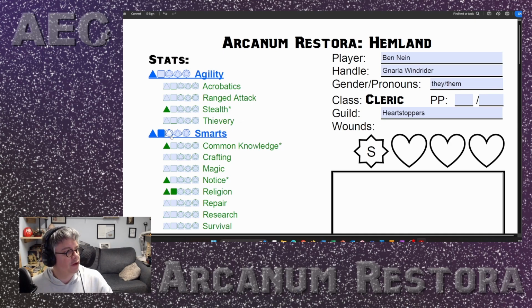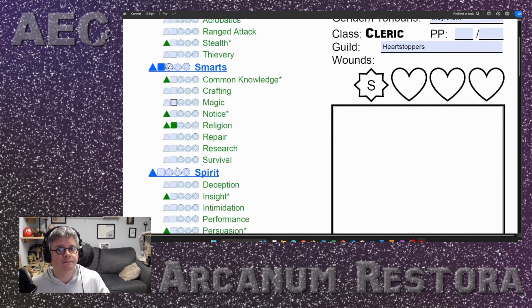So I'm going to choose to spend my 4 points. I'm going to be a cleric. I'm going to use some magic. I might fight close up. I don't think I'm going to be very agile. I'm not going to spend a point there. I am going to spend a point in smarts because having it filled in at a D6 already tells me it's important for me. And if I read down my sheet later, I'm going to know that I use this religion skill to cast spells. So I know it's going to be important, so I'm going to buy that D8.